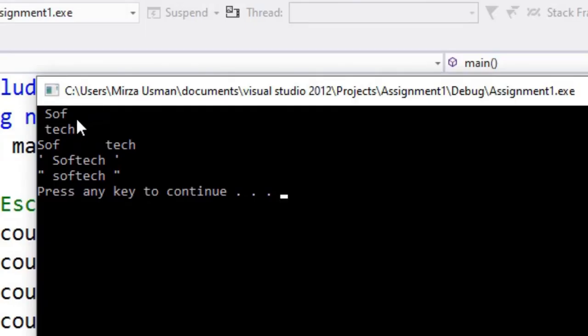You can see it here. After \n, our tech is written, and it printed on the next line. Here we used \t. So sof, then we have 5 spaces, and then we have tech, and here we used the single quotes to write our text, and here we used double quotes.